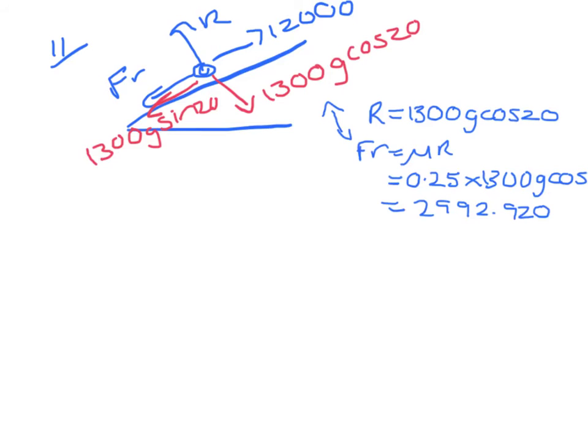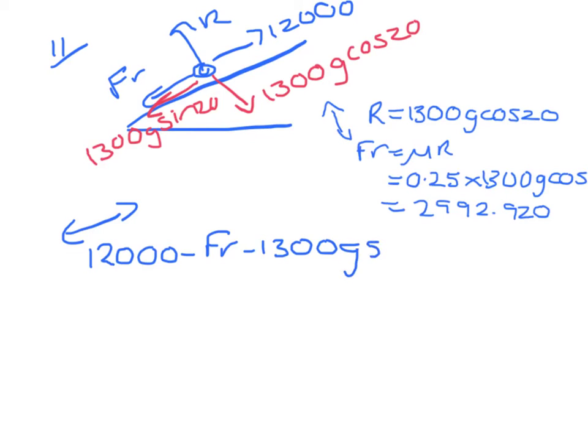Now that we know what the normal reaction and friction are, we're going to consider parallel to the plane. And if I consider parallel, I'm using Newton's second law. Resultant force in the direction of motion, so that's 12,000 minus friction minus 1300 G sin 20 has to equal mass times acceleration. I now need to substitute in my value for friction,